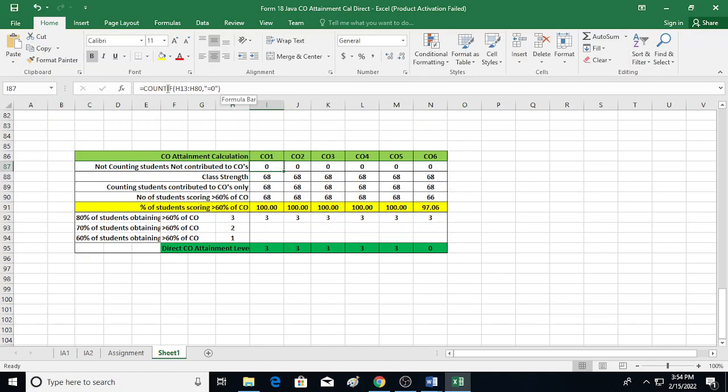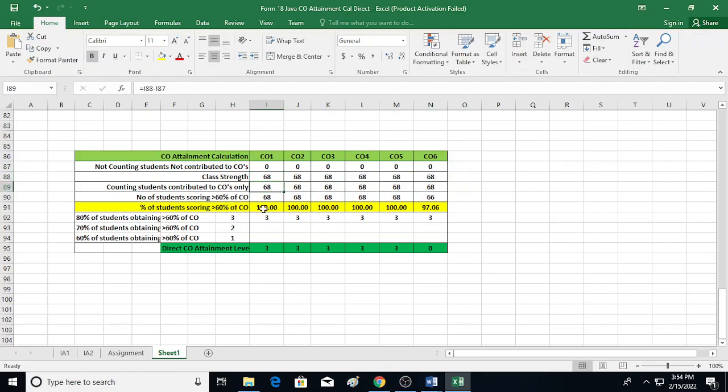If you use this formula, you can see that we are not counting students not contributing to the CO. Class strength is 68. So we count students who contributed to the CO only. All students have contributed to all of the COs, 1, 2, 3, 4, 5, 6. So all are the same over here.